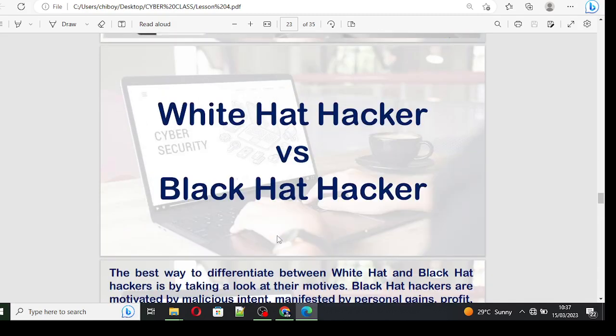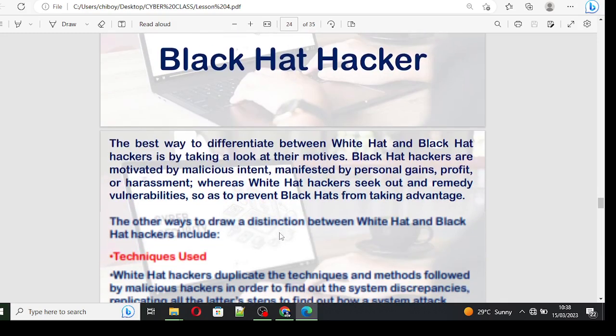Now, we'll be talking about white hackers versus black hackers. Many a time, many people have reached out to me. They were like, Nobu, these white hackers and black hackers, what's the difference? So because of this, I said, okay, a time will come when I will gather much information and take people through it. But thank God we have the opportunity to learn it now, at least.